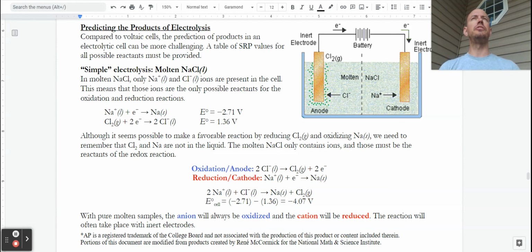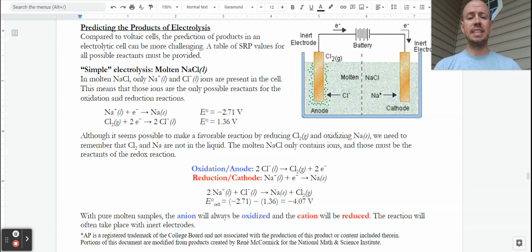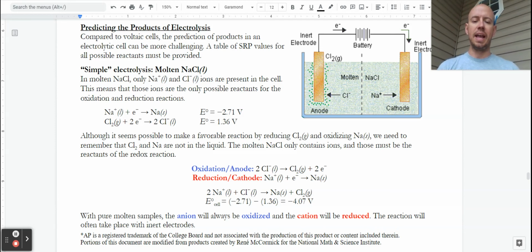If we have a pure molten sample, the nice thing is that the anion will always be oxidized and the cation will always be reduced. And even as we get into more complex samples, we're always thinking about: am I oxidizing my anion or am I reducing my cation? That's the nice thing that will stay constant, but it's still going to be all about what ions are in solution, what is their reduction potential, and therefore what can